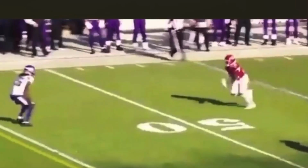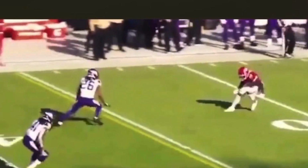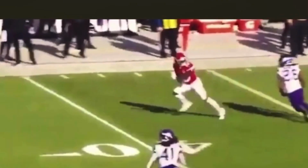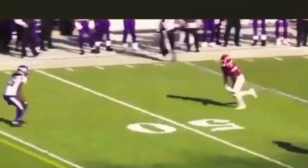So he's going to be running a stop and go here. Let's watch this thing full speed right now, or like a hitch and go, stutter go, however you want to call it. Snaps down, puts his foot in the ground, and then bursts upfield, and then his speed speaks for itself. So the main thing I want you to see is how well he sells this stop right here, this